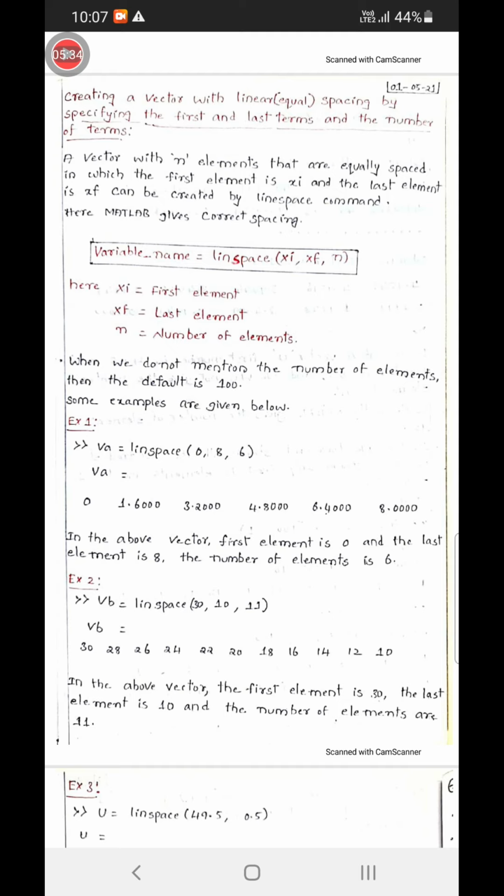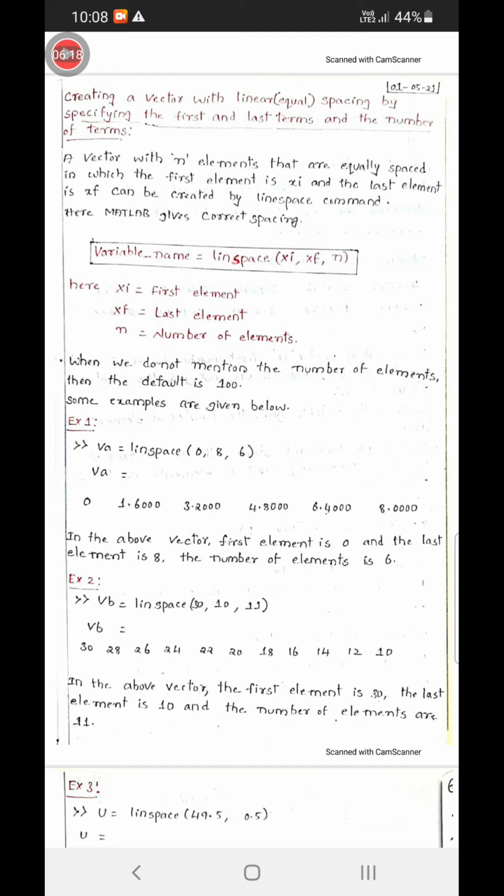So 1, 2, 3, 4, 5, 6, 6 elements. The first element is 0 and the last element is 8. What is the equal spacing here? 1.6. 0 plus 1.6 is 1.6, 1.6 plus 1.6 is 3.2, 3.2 plus 1.6 is 4.8, 4.8 plus 1.6 is 6.4, 6.4 plus 1.6 is 8.0.